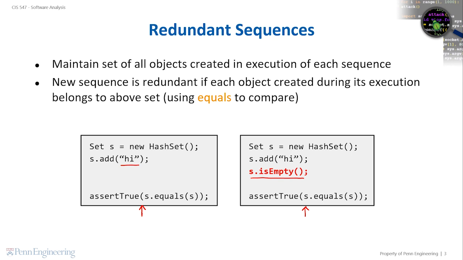On the other hand, this comparison may mistakenly deem a new object as not equal to a previously created object, causing Randoop to conclude that a sequence is non-redundant. While this case is less problematic in that it at least won't cause Randoop to miss bugs, it does bloat the set of components and reduce the chance of creating new object states in future sequences. Nevertheless, Randoop's heuristic works well in practice, and it can be disabled or refined by the user.